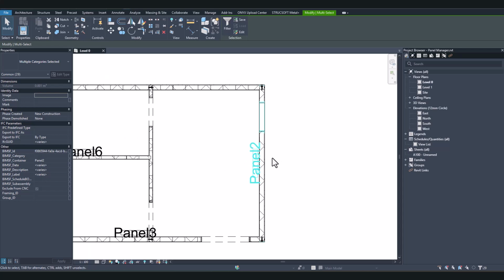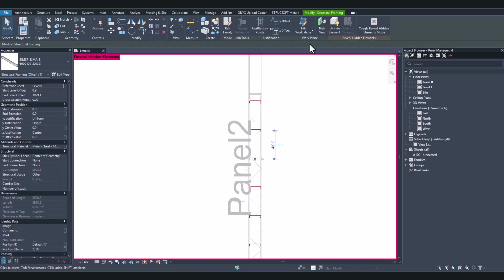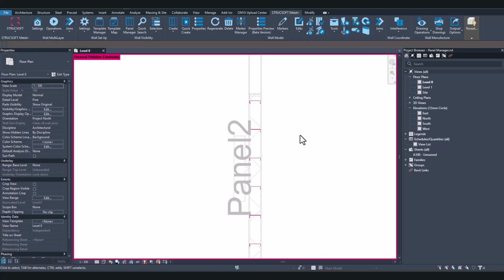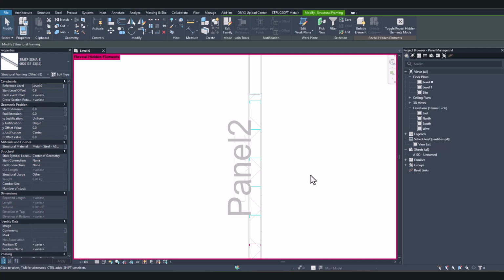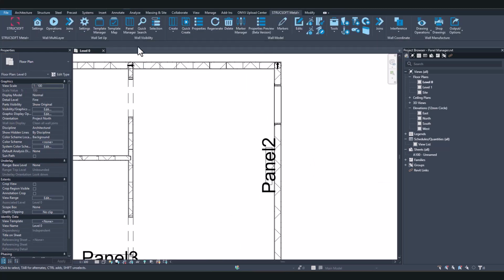To bring those back, we can go back into the panel manager and unhide those elements. I'll just show you how these are currently hidden. So if I type RH on the keyboard, you'll see these members are hidden using an element hide. So you won't be able to bring these back using a view hide. These are an element hide, which means you'll have to select every single instance and unhide them that way. So in the panel manager,